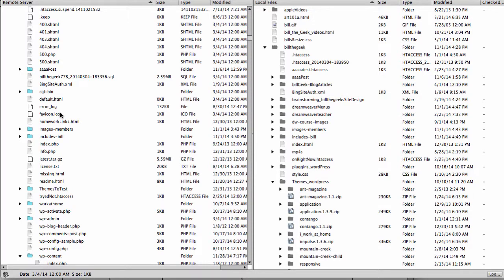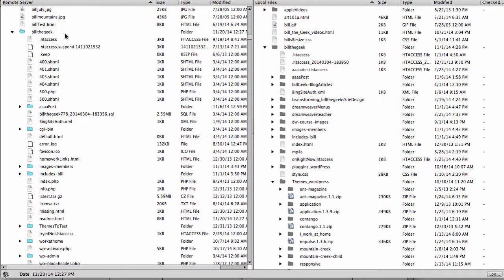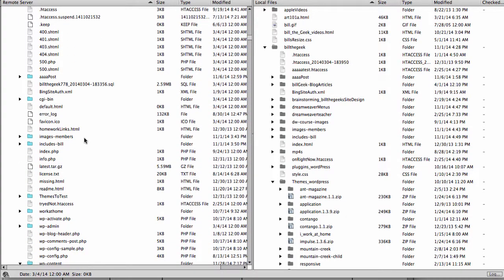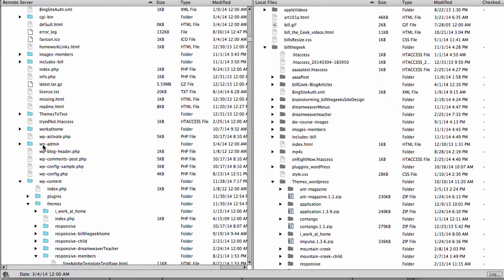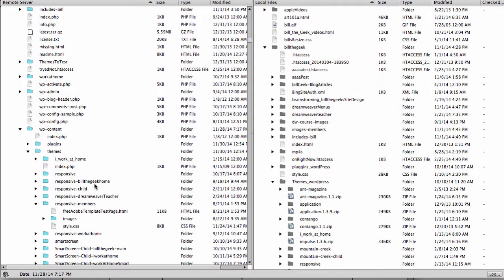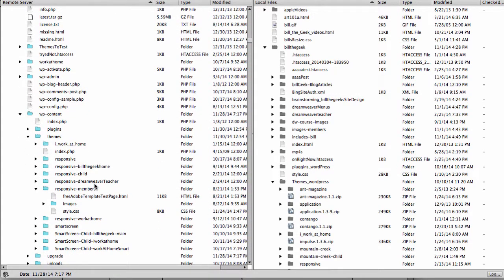And on the server, all of my Build a Geek files are in a folder called Build a Geek. And all of my WordPress stuff, you can see WP, WP, WP, and most of the stuff you're going to mess with in WordPress is right here under WP content. Now, though I'm in Dreamweaver, in the Dreamweaver FTP file transfer protocol client,